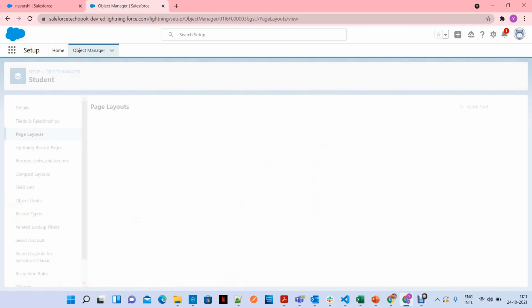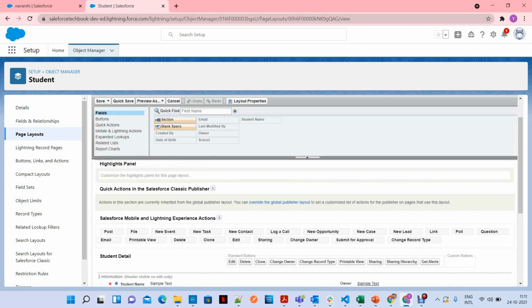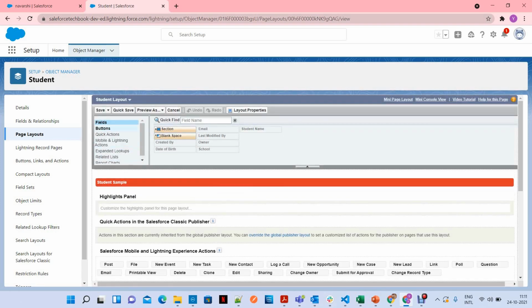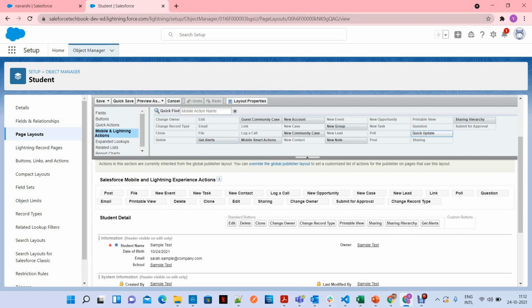Now let's add this button or action to our student layout. Mobile and Lightning quick actions. What is the action name? Quick update.